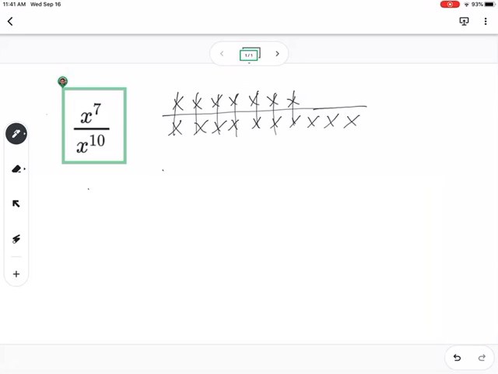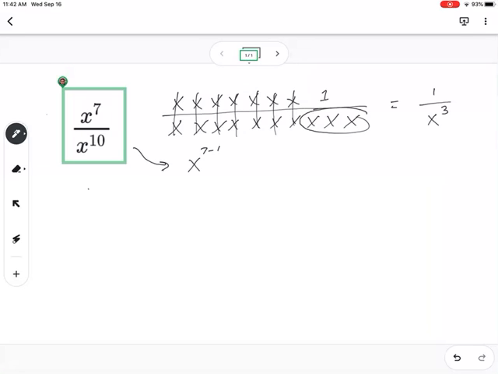And then what's going to happen is we run out of x's on the top, and so we're just left with a 1, and then we have 3 x's on the bottom still, so we're going to end up in this case with 1 over x to the 3rd power. So that's one way to demonstrate it. And we've also just learned the rule that says x to the 7th over x to the 10th is the same as